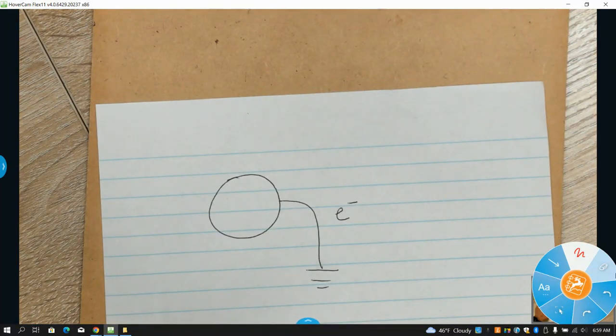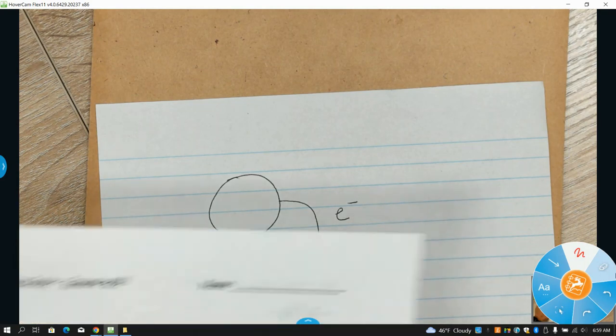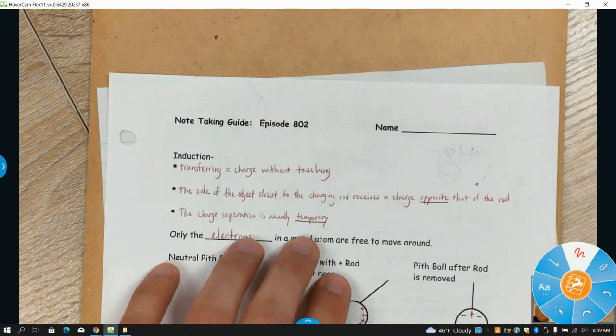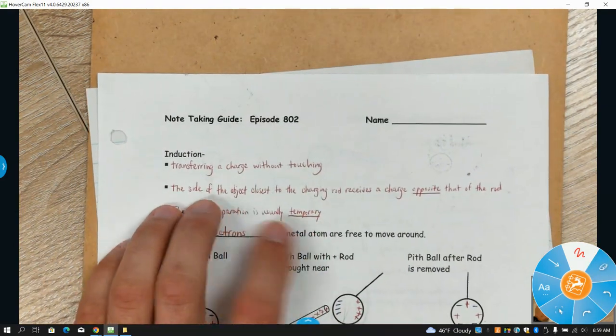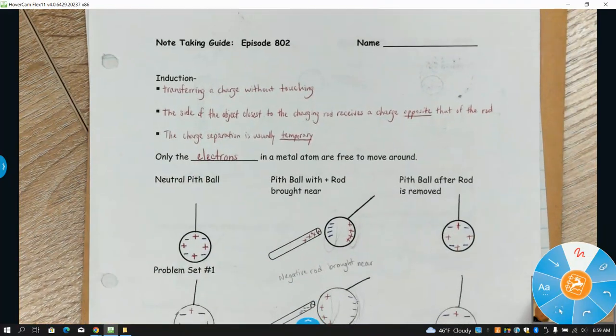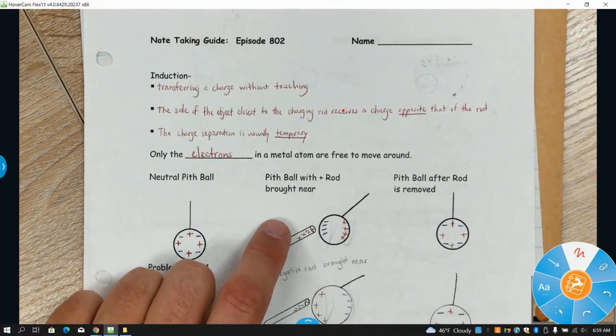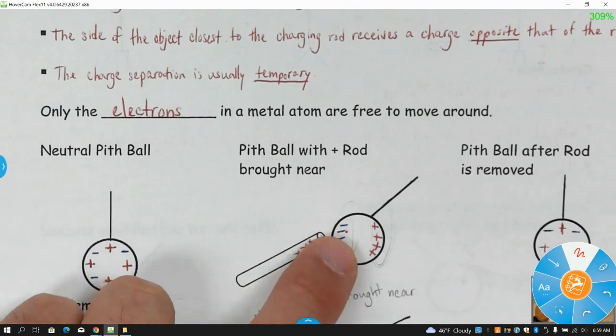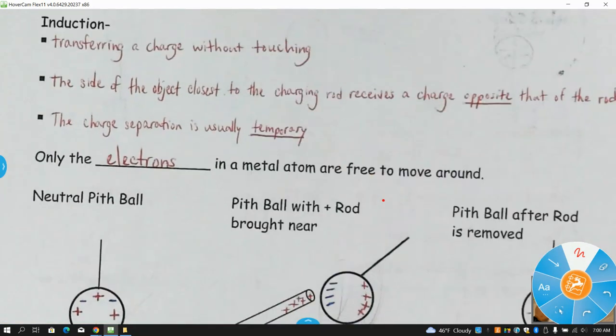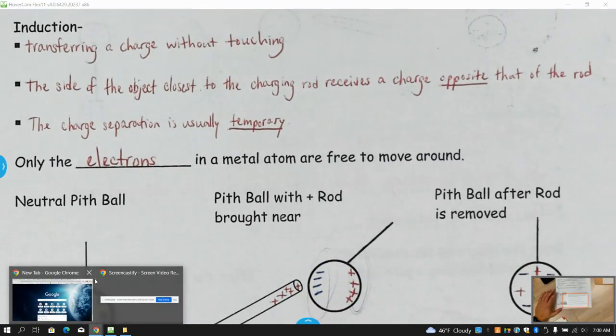But let's see real quick one of the other methods of charging. Let's go with this then first. A transfer of charge without touching. The side of the object that is closest to this charging rod is going to receive the opposite charge. So the way we can show that is